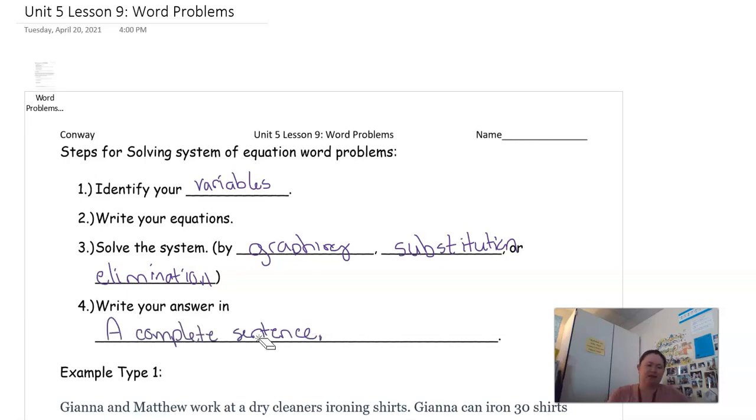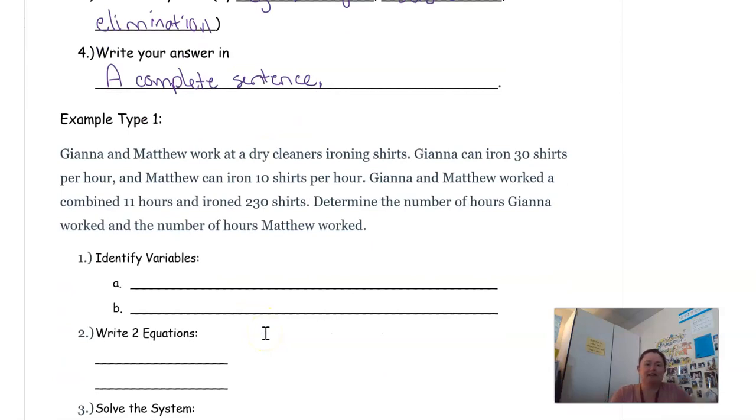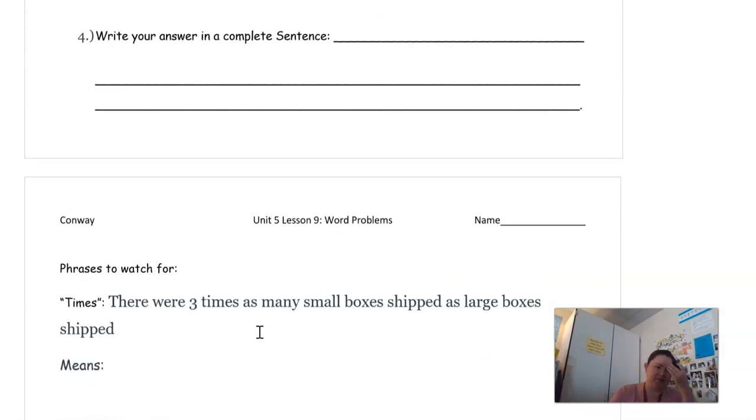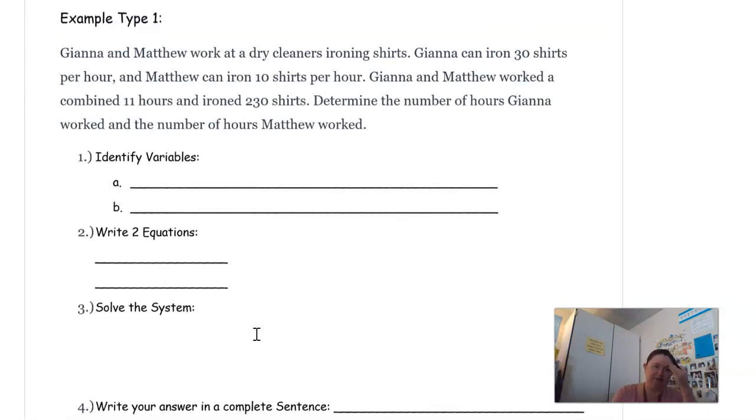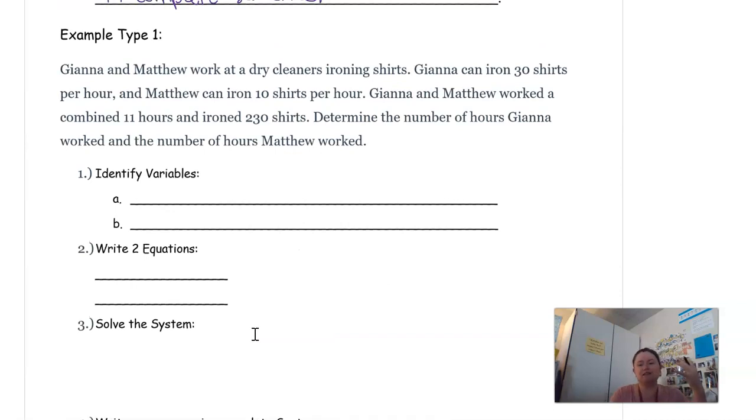Okay. So let's just do one. Let's do an example. And then after I go over this example, I'll go over some more specific types of phrases you might see when you're writing, or just regular equations for that matter. So when I'm doing a system of equations word problem, I like to either highlight the important information, or if I'm doing it from a computer screen to a piece of paper, I'm going to be writing down the important